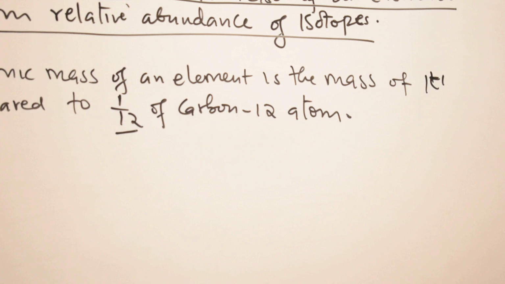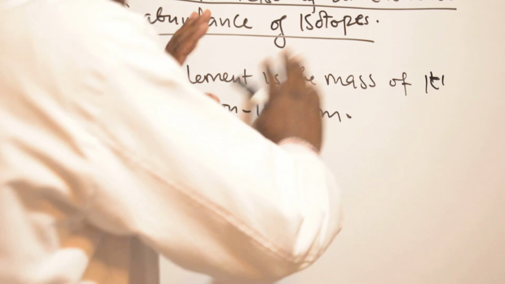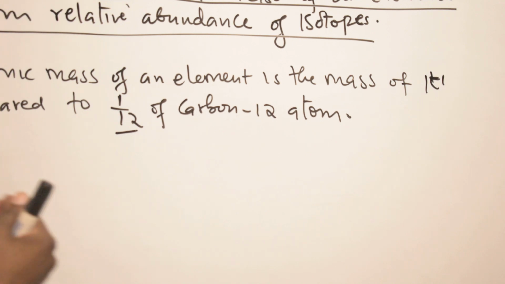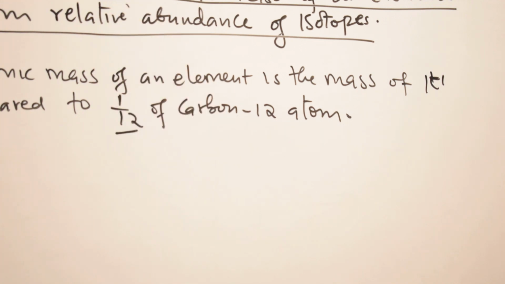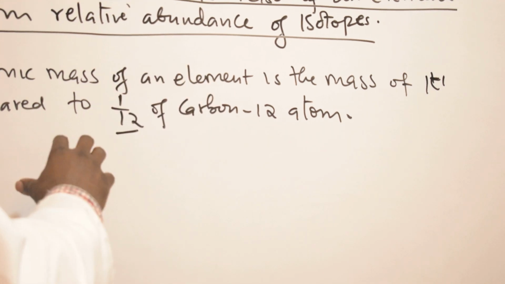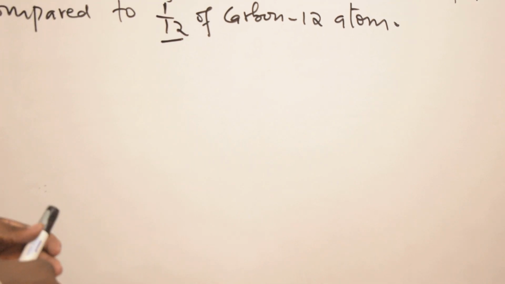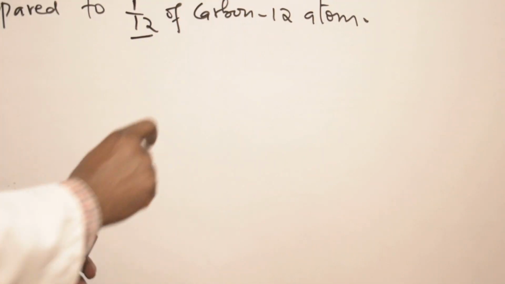And therefore, when it is used as a reference atom to compare the masses of other elements, we are going to work out the relative atomic mass of an element from the mass of an atom,